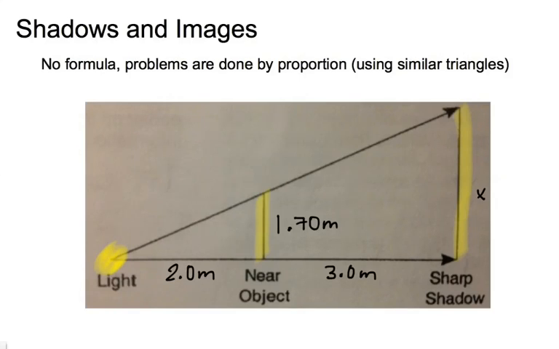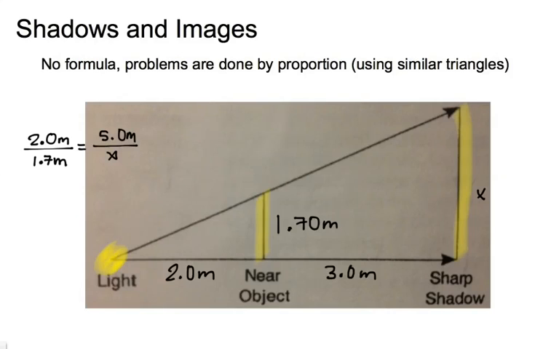So our proportions, we can just write the x's over the y's or the y's over the x's. In this case, I'm going to write the distance between the light and you will be 2 meters is to your height. There's your y, 1.7 meters is to equals 5.0 meters. Why 5? Because you are adding the distance between the light until you get the wall, so the shadow. So that's going to be 2 plus 3. That's going to be your 5, and that gives you an x amount of meters of how high the shadow